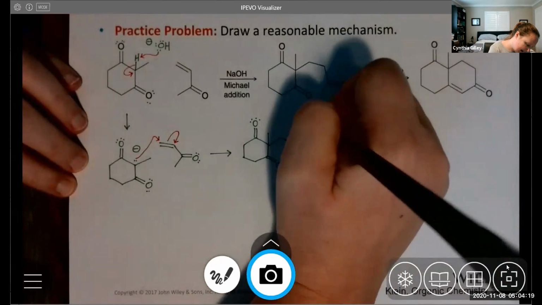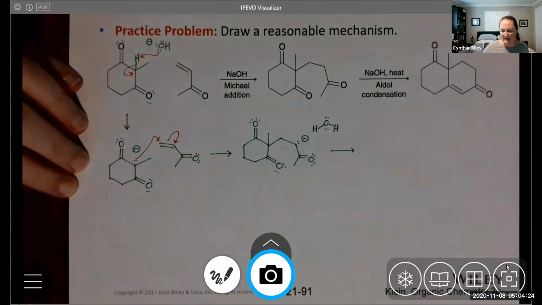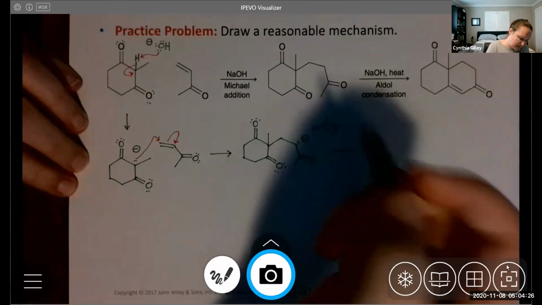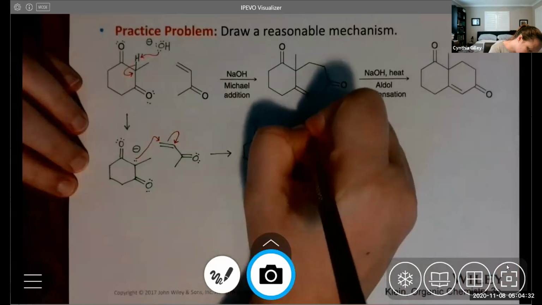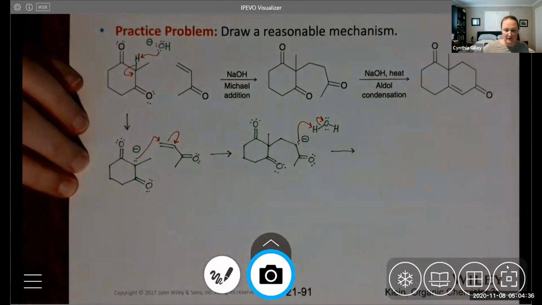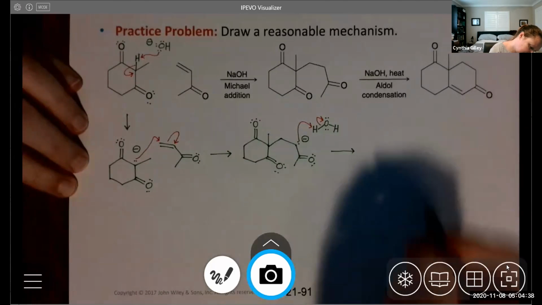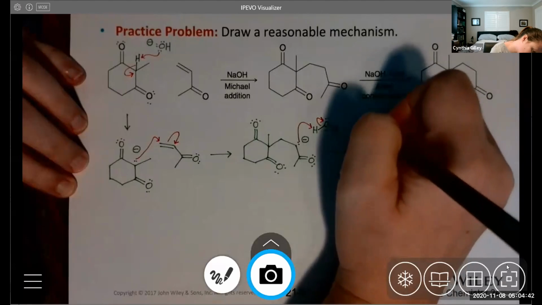So water is the acid that's present in solution under basic conditions. So don't use hydronium ion because there is no hydronium ion present in this reaction. So we're going to transfer from water, again allowing us to get a neutral